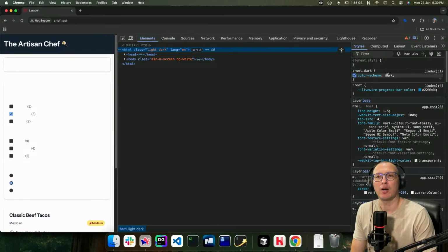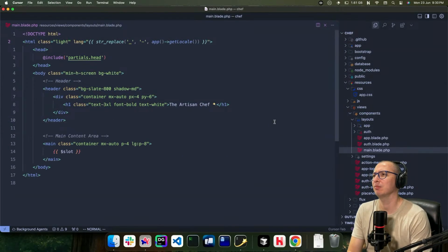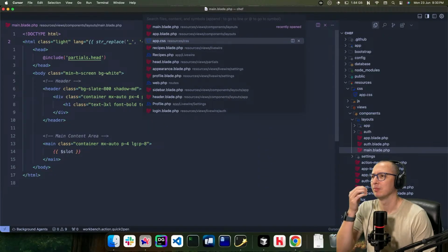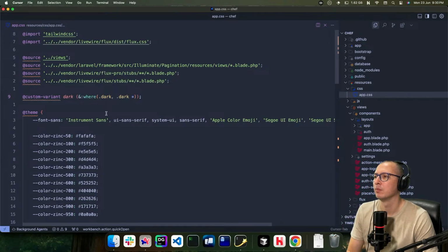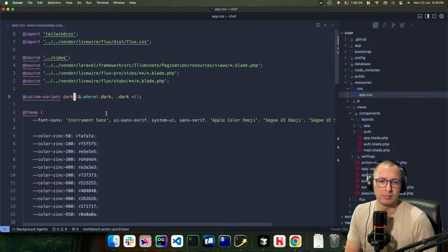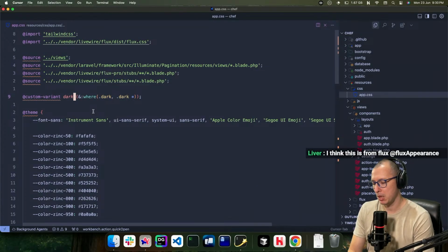Color scheme dark. Yeah, but I don't. Flux appearance? Oh, wait a minute.